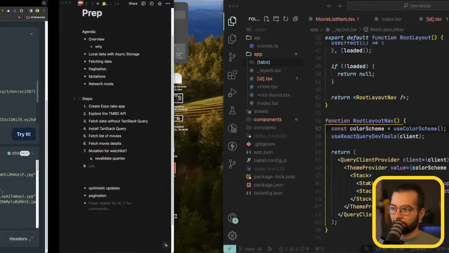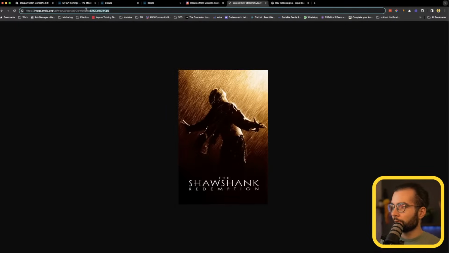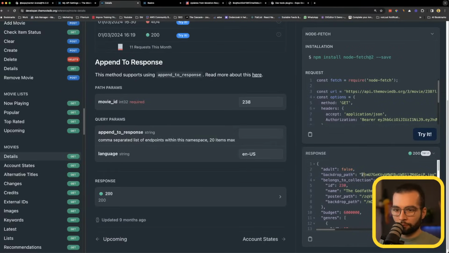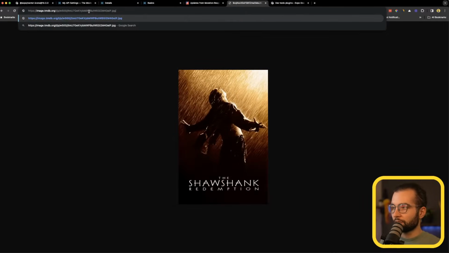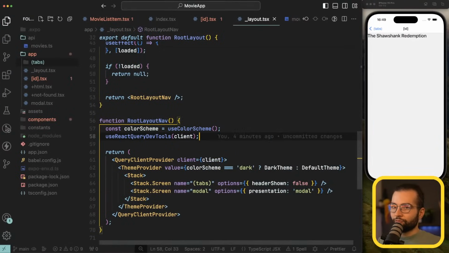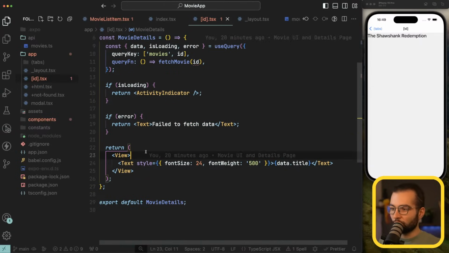Is that like a different one? Let me check this backdrop path, because it seems like an image. Oh, and it's like a wallpaper. So that's going to be better in our movie details page, because we can